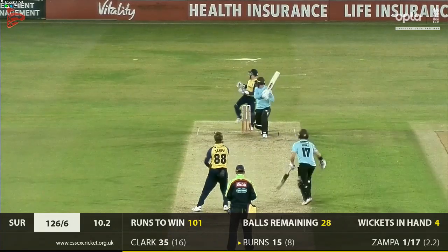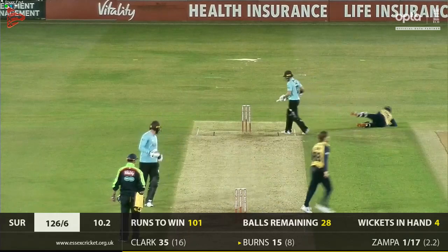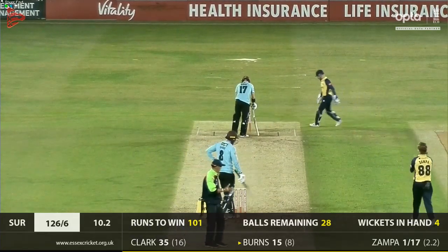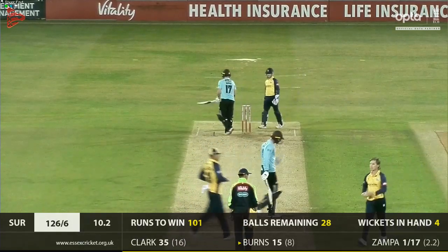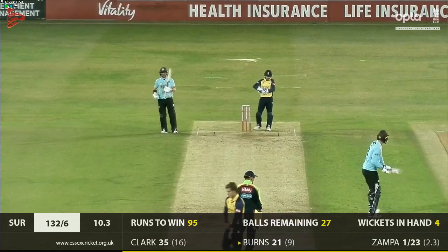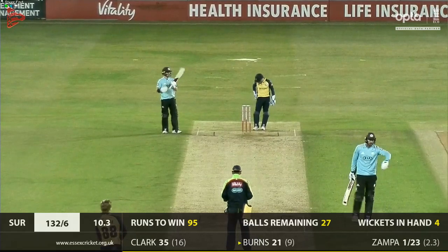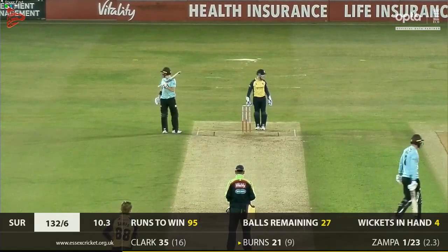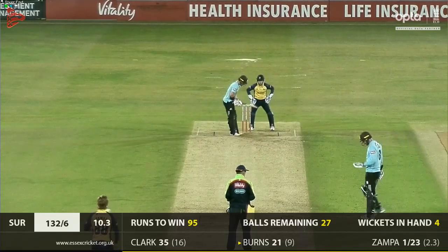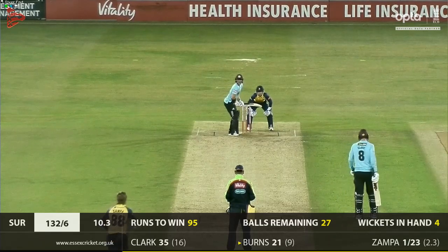Zampa bowls, and he clubs this away, and it goes on the bounce to short third man. There's just going to be the single, and you just think that it's just too much here for Surrey to get this number of runs in this period of time. The rate 20 up to over 21 and over now, and they still need 101, and they've only got 28 deliveries, and so it's going to be a fantastic victory this for Essex, which is really going to set their T20 campaign up and running, and they know that they've got an absolute star in Cameron Delport, and indeed Dan